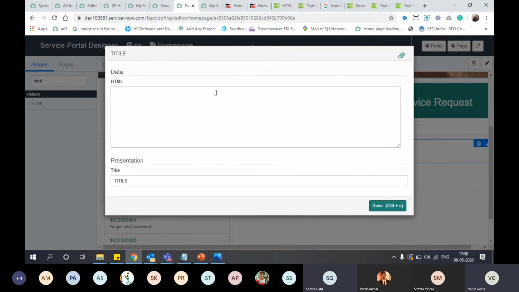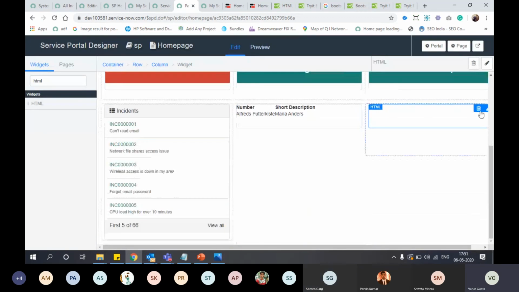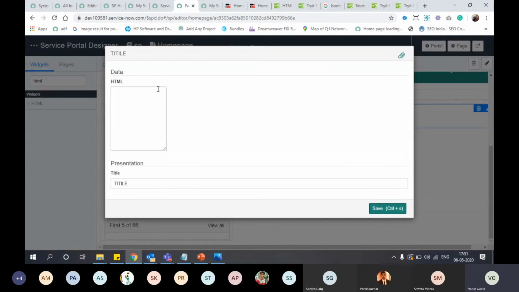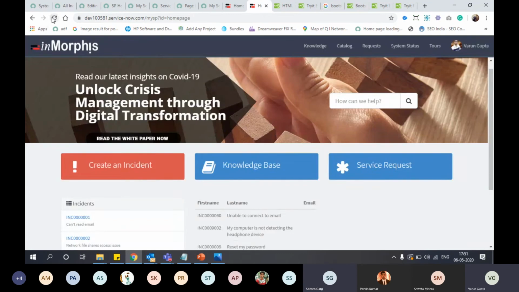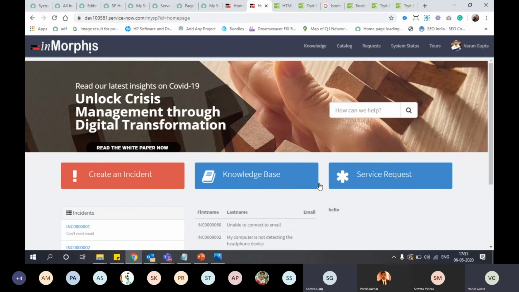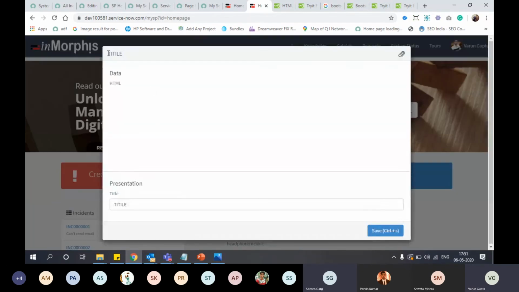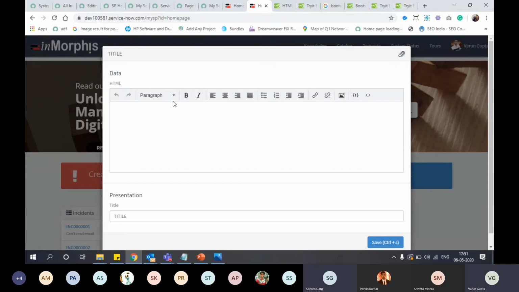I think the HTML editor is also not coming as a WYSIWYG editor, right? Yes, the HTML editor is not visible here. You are also on Orlando, your instance version? Yes, this instance is also on Orlando. When I went to the docs, it is mentioned there that HTML should be a WYSIWYG editor.